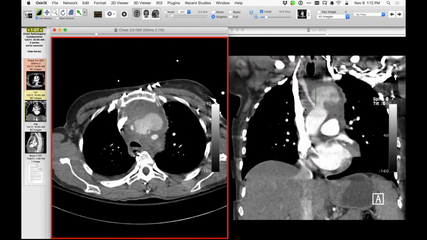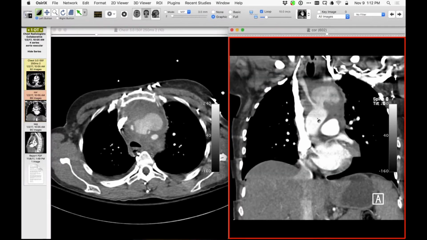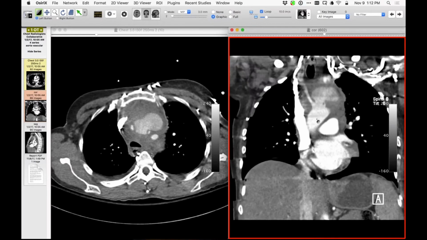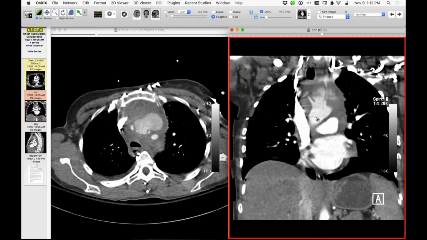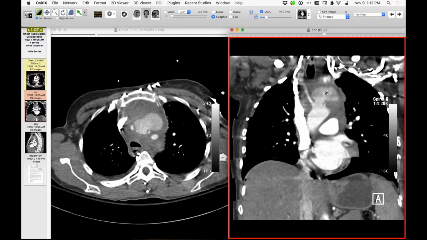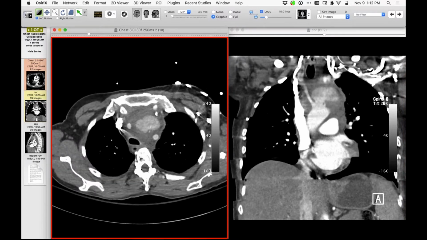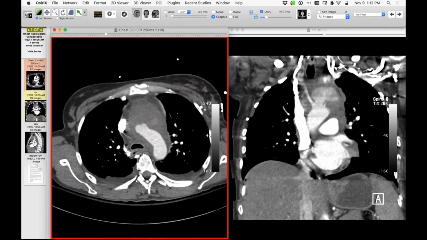This will give you a feel for where it is in relation to the left subclavian or left carotid here, innominate there. And it's a really wide mouth, big pseudoaneurysm with extensive opacity around it, consistent with blood,